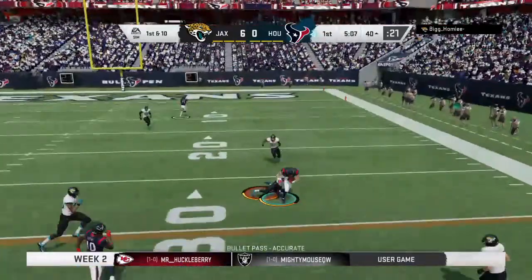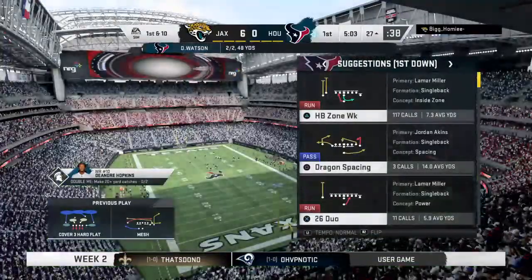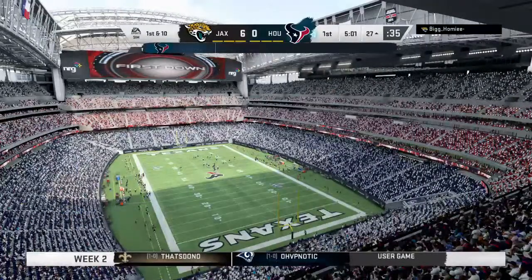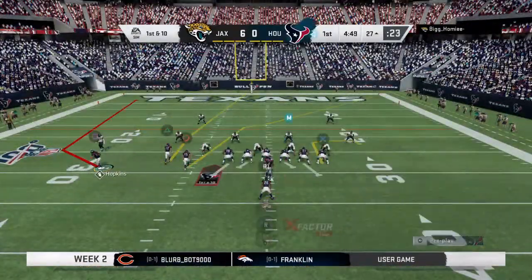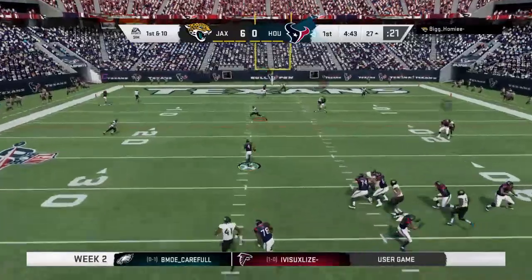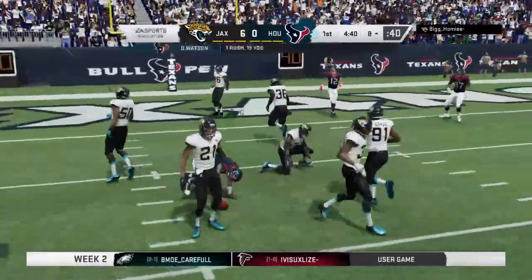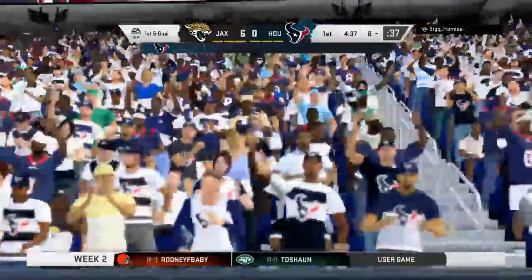Back to throw, Watson. And he hits his target. It's Kenny Stills. And he works it past the 30, almost to the 25. A fresh set of downs on a gain of 13 there for the Texans. On 1st and 10, Watson buying time to his left. And he'll slide down to avoid the tackle. The coverage may be too good that time as he breaks away for 19 with his legs and a 1st